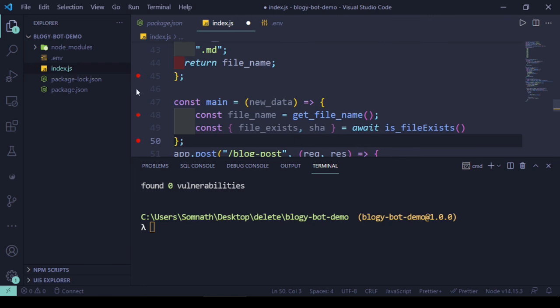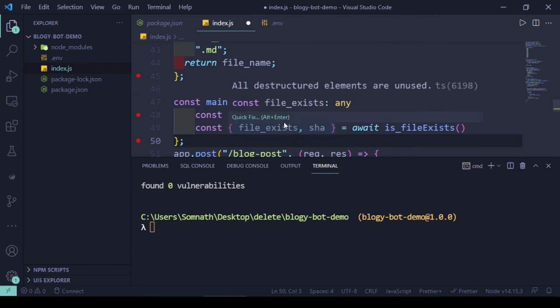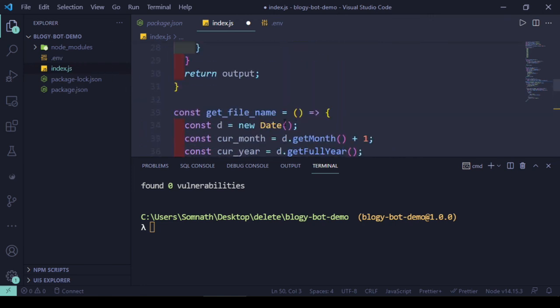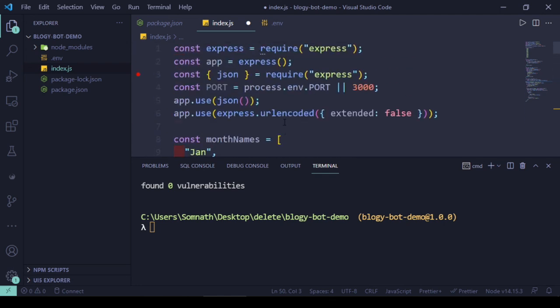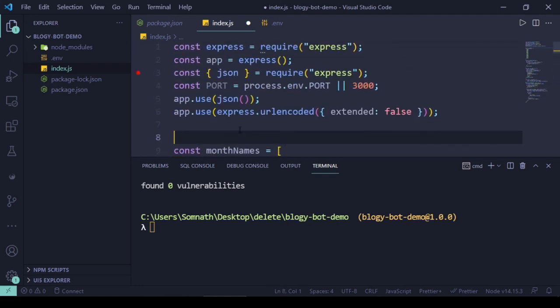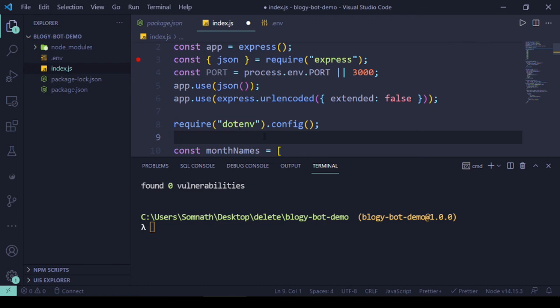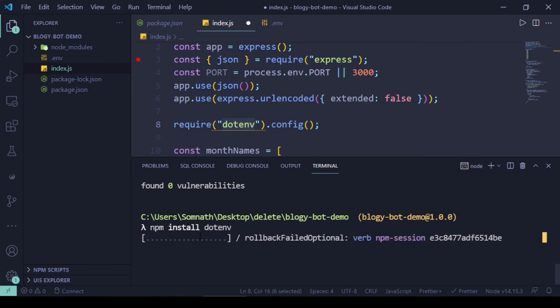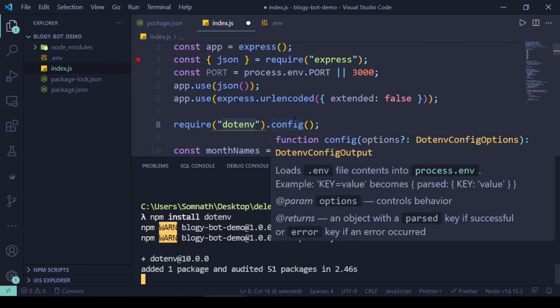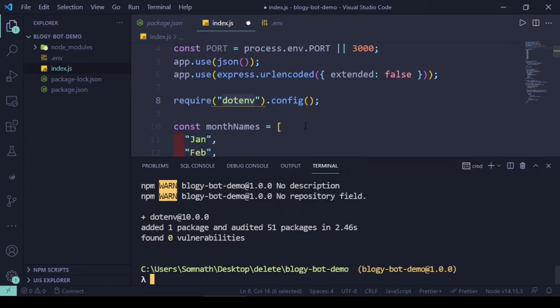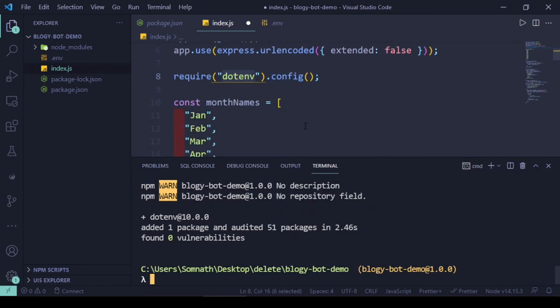Now to access this environment, we basically need the dotenv library, which I need to install now as a node module. So let's copy it and run npm install dotenv. Okay, and in the meantime while it installs, what I'll need next is Octokit, which I'll be using to handle the GitHub repository file generation.